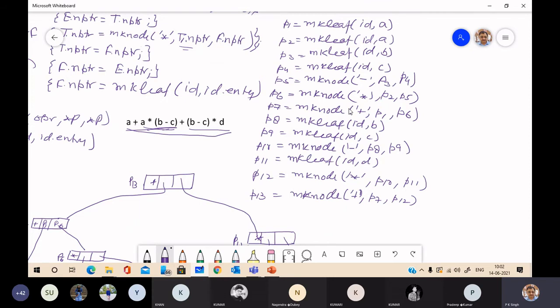Actually, I want to say about how we improve the efficiency of the code produced. Okay, because if you are doing the translation as directed by the syntax, means you go for the syntax directed translation, that is general translation.